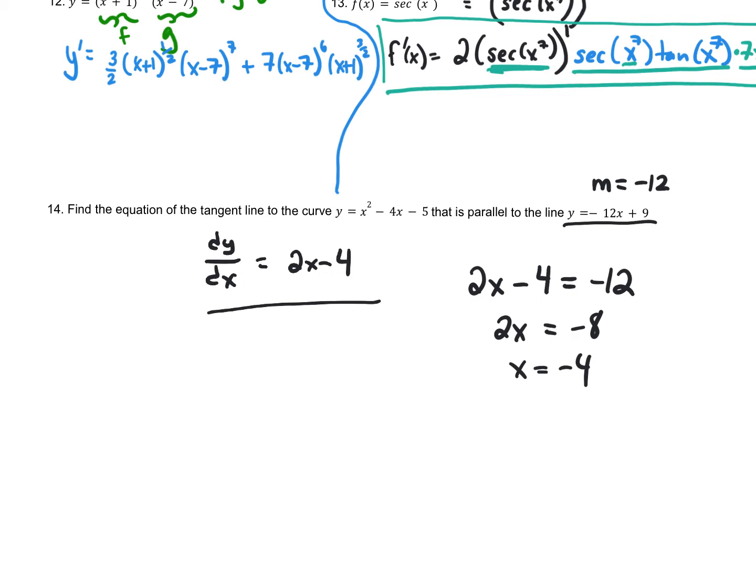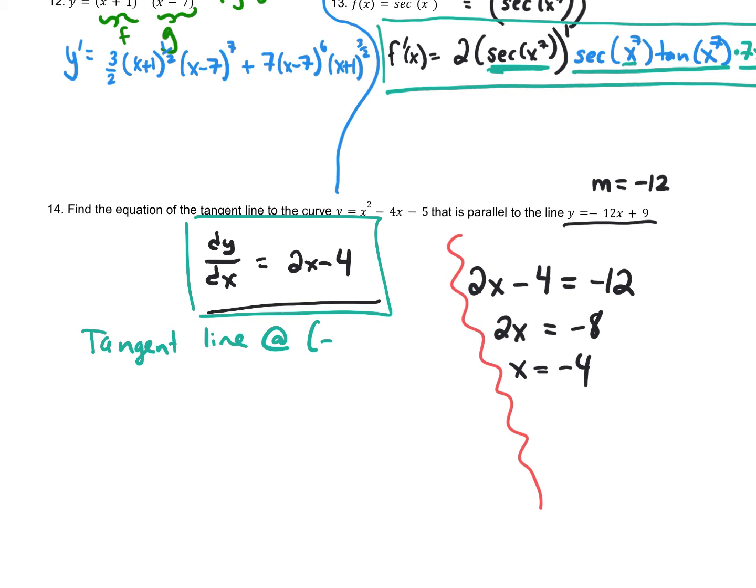So this is a little different part where you had to figure out what the x coordinate is, because we've done lots of problems where you find the equation of a tangent line at a point x equals negative 4. We just had to figure it out in this case. I'm not sure that would be on your final, but it's a little different variety. So anyways, we have this function. Now we want to find the tangent line